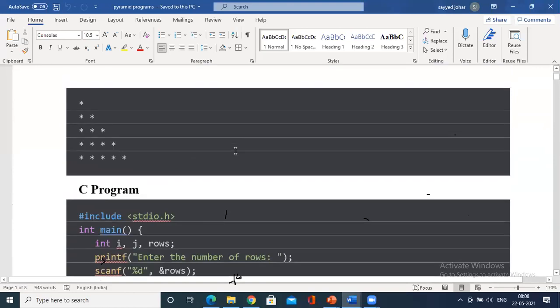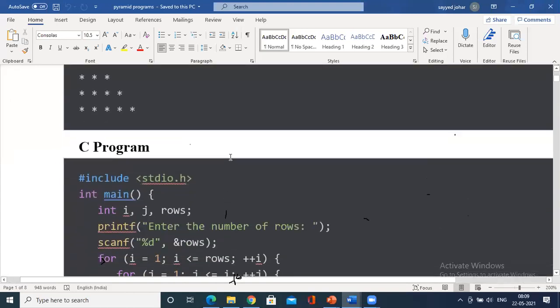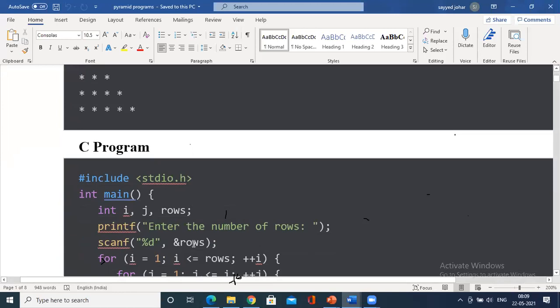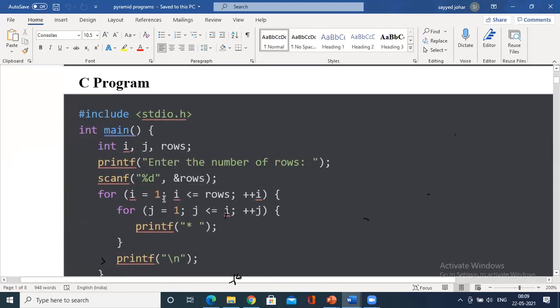See here, if you are still focusing on the classroom, you could see that in the first row only, first you have to print, no concept of space. So enter the number of rows, 5. So i equals 1, 1 less than or equals to 5. For the outer for, come to the next for, again consider it for printing. The outer for is to find the number of rows, the inner for is directly to print the elements. j equals 1, j less than or equals to i, you simply print the star.